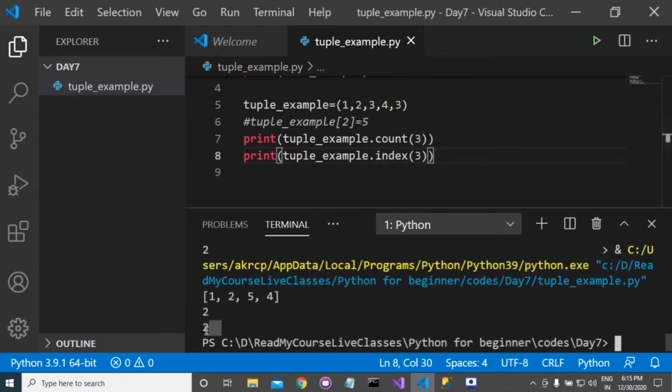It is giving you 2. Here you can see that 3 is present at index 0, 1, 2, so at index 2. Also 3 is present here at index 4, but it will always give you the first index of the element. So these are the two methods that are available for tuple.